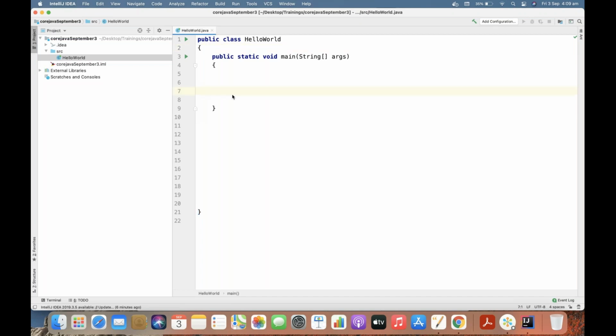If you already know some very basics of Java, maybe this will be a revision for you. If you don't know, I'm just explaining from scratch. Here, all these keywords are highlighted with some color, right? This is one of the advantages of using these IDEs. Actually, there is one more IDE called Eclipse.